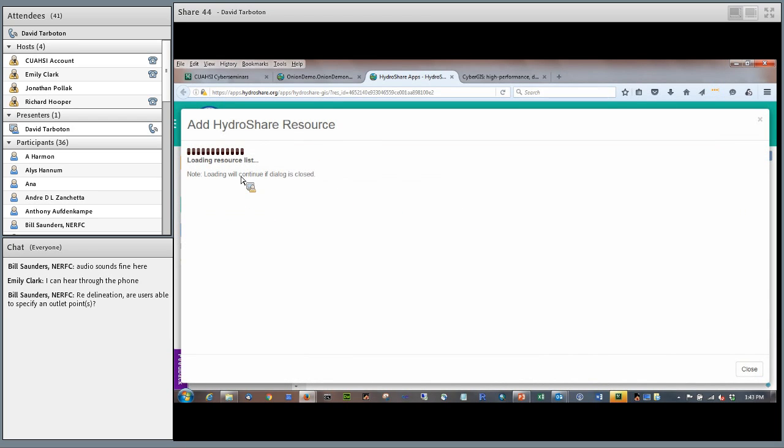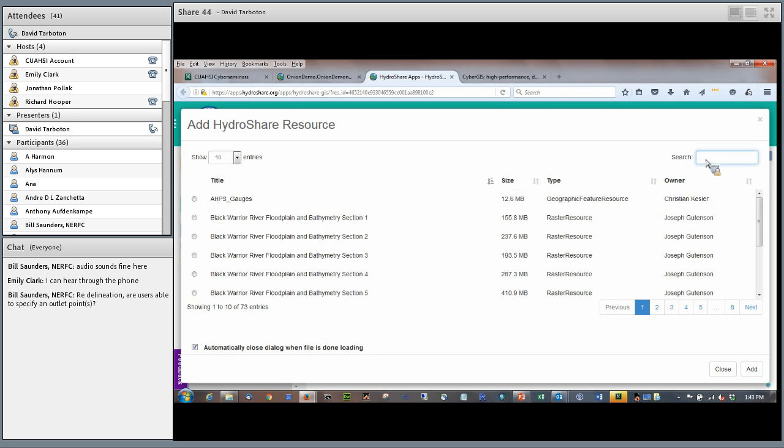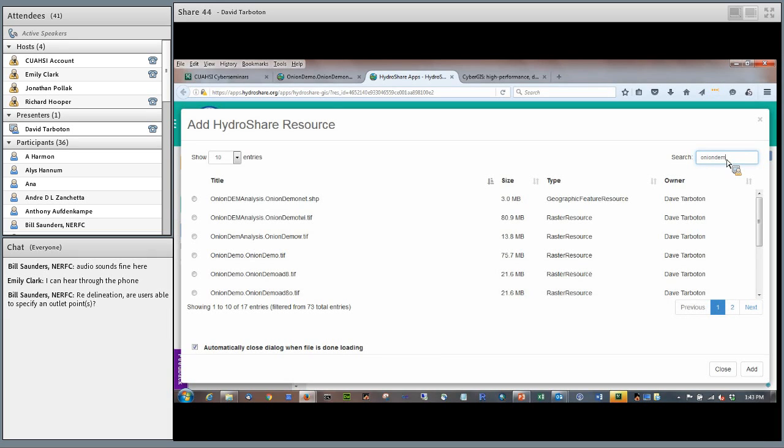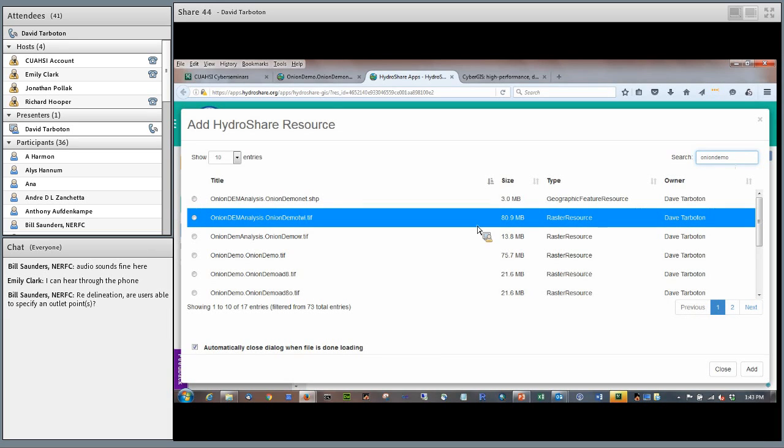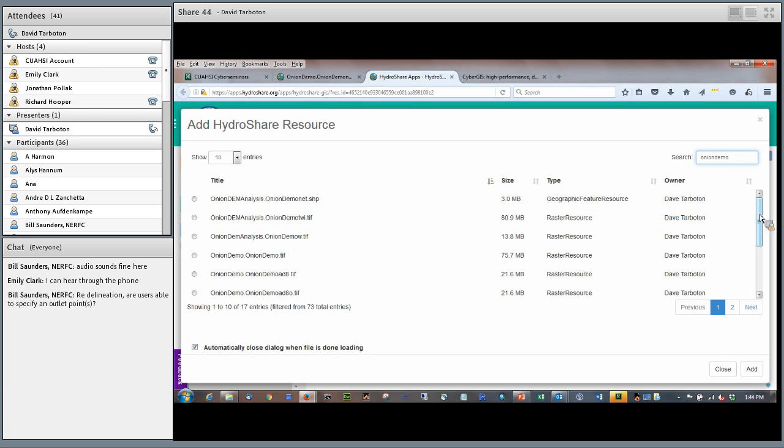So now it's loading the resource list, so it'll actually have the complete set of new resources that I just created. And there's quite a lot that are available to me. I'm just going to do the filter work on Onion Demo,